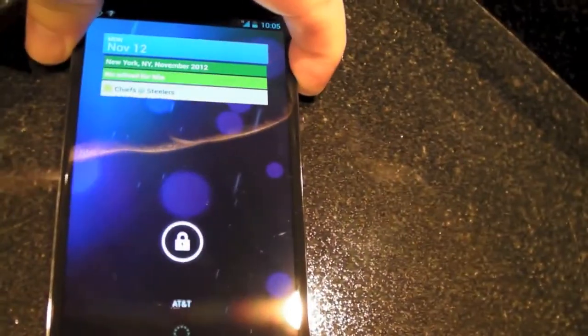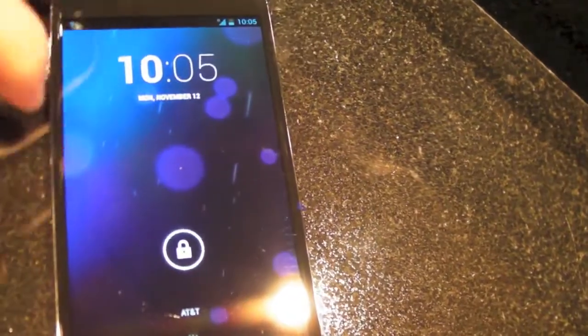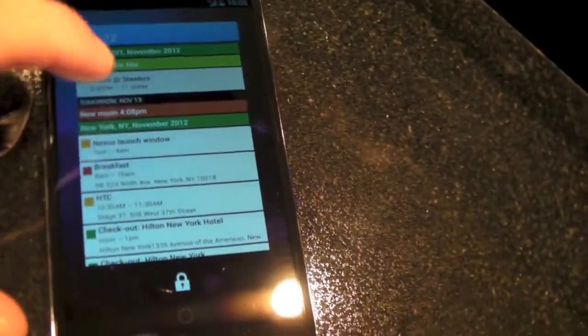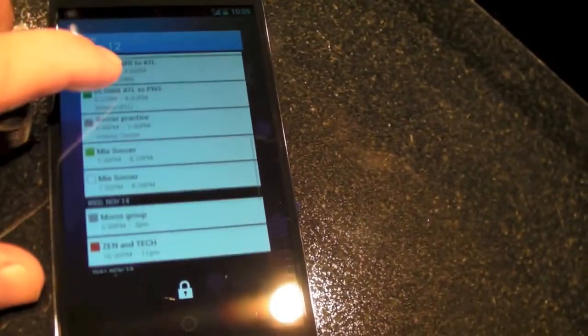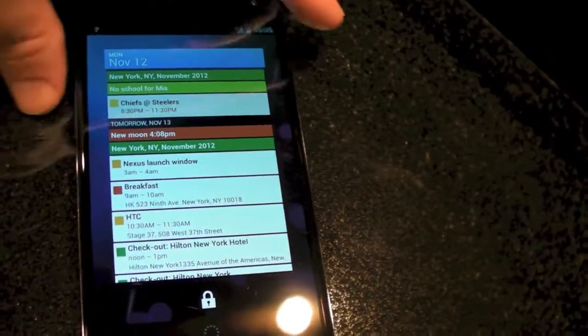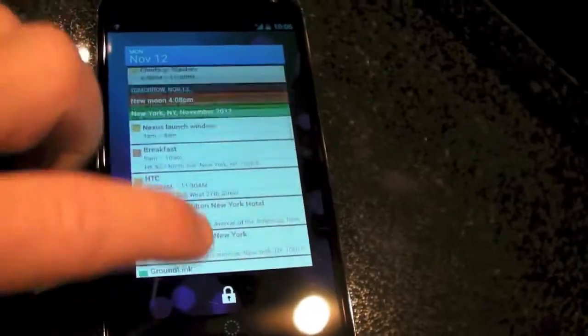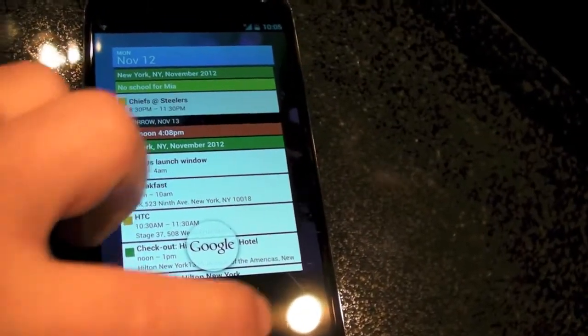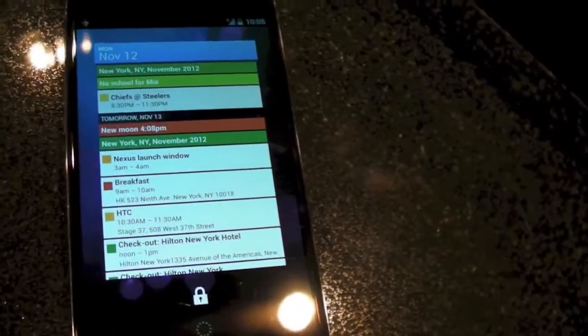So here's the calendar widget, and it's kind of odd. So you add it there, and you're not quite sure what to do actually at first. I'll turn it on and off, and now it shows up full screen, which is a little weird, but whatever. You can scroll through it, and scrolling's quite smooth and not bad, so I like that a lot. So up and down, and you can tap to go in. Google Now still works. You get to it from the bottom button there,